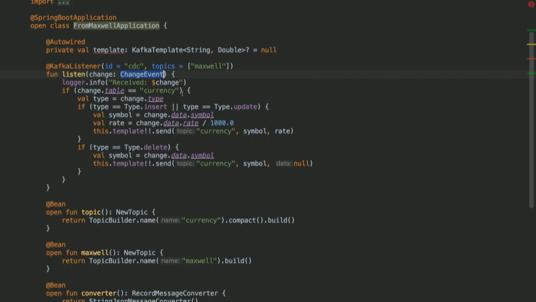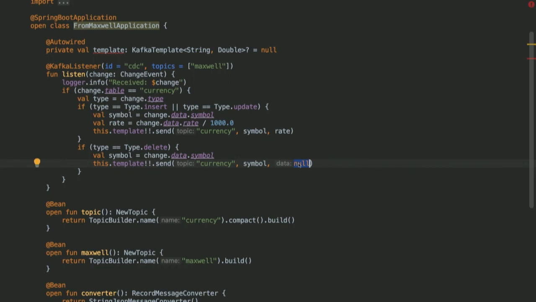All this is doing is basically peeling off the changes to the currency table. We don't care about any other changes to the database in this application. So it's just saying if the table name is currency, then write the exchange rate and the symbol to a Kafka topic. If the change data is a delete operation, then we send a tombstone record in Kafka.